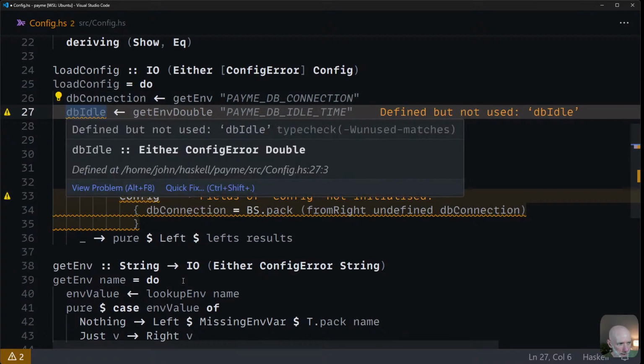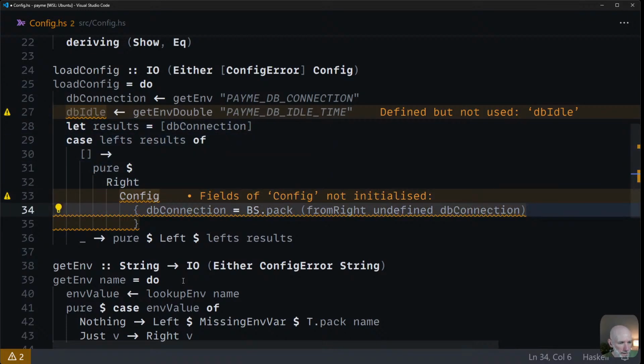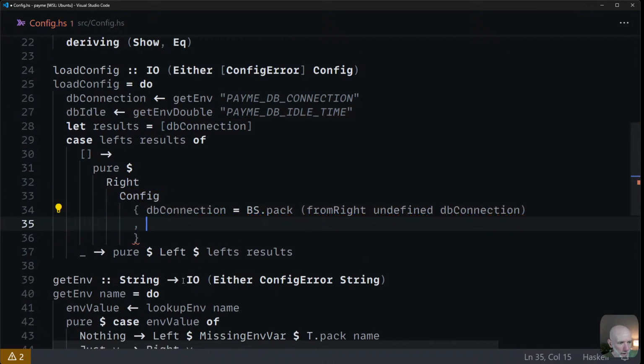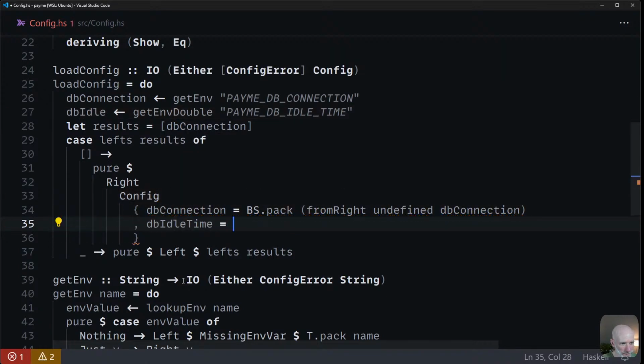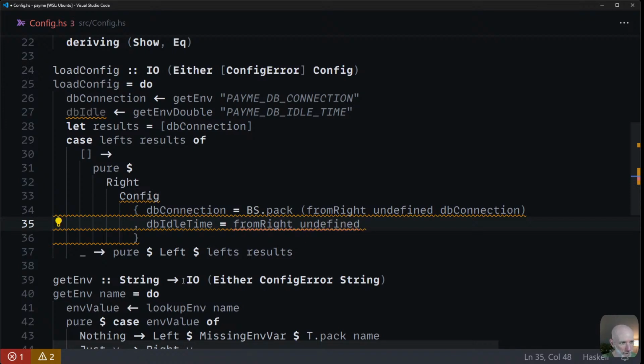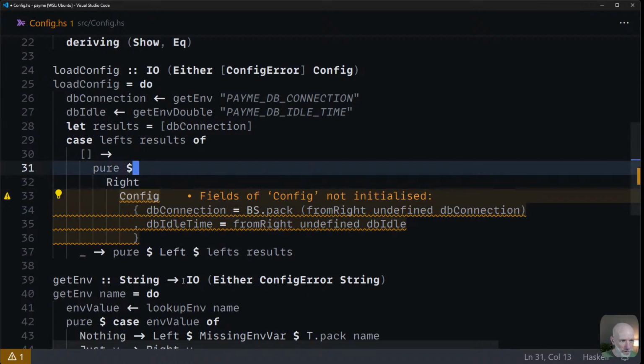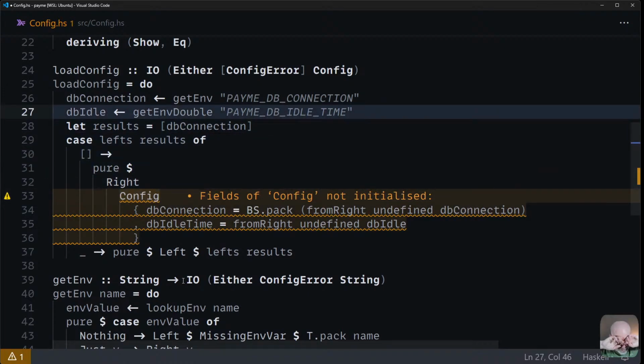And this should now be either a config error double, and if that is a right, then I can say something db idle time is equal to from right undefined, this is not the correct pattern, db idle. Right, okay, so